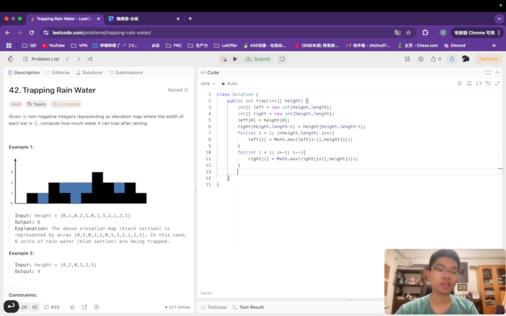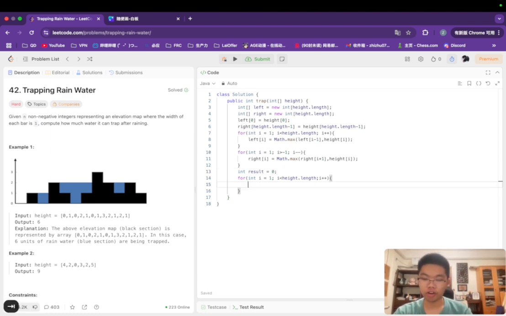Right, okay, and then we finally need another loop to go through all the elements to calculate the result. I plus plus, and then here we need to initialize a variable to store the final result. So we just go through all the elements. So result just plus,